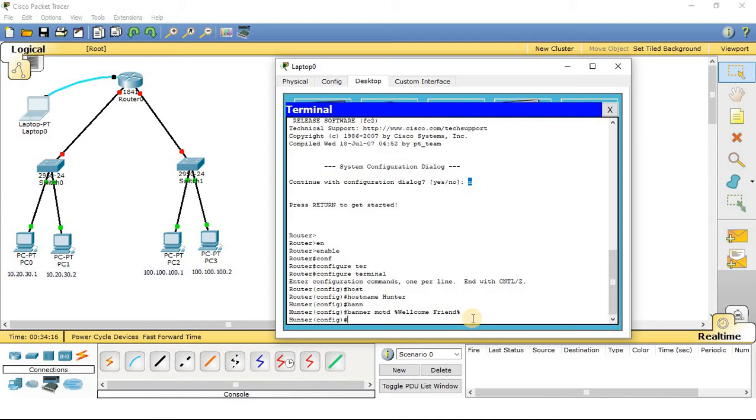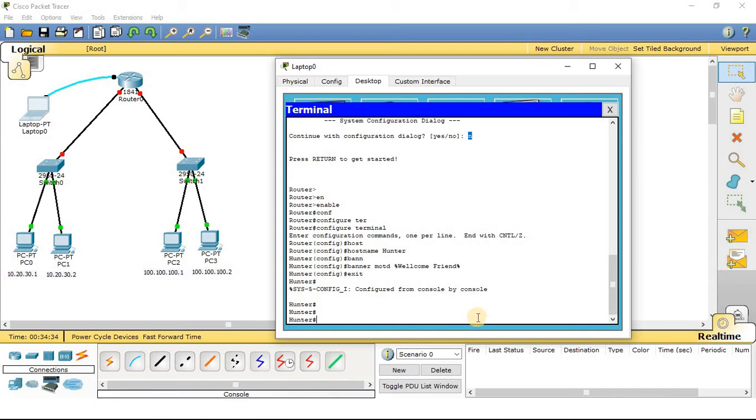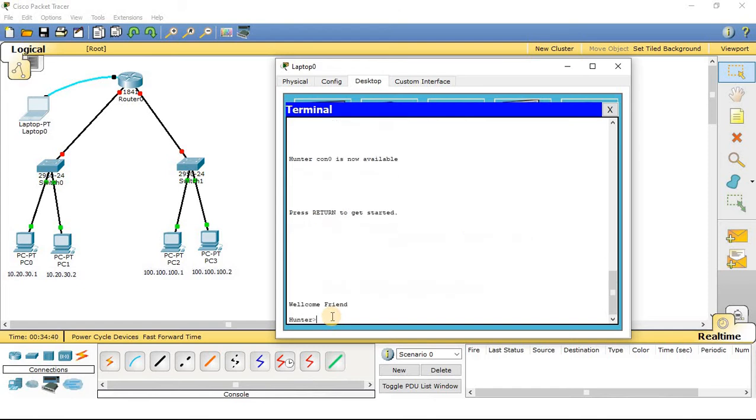Okay, so let me test it out. Let me move out of this configuration mode so that I can view the message. So exit. I am moving out of the configuration mode by the command exit. So now I am in the active mode. Let me again move out from the active mode, exit.